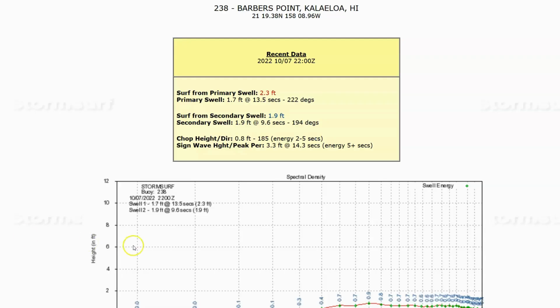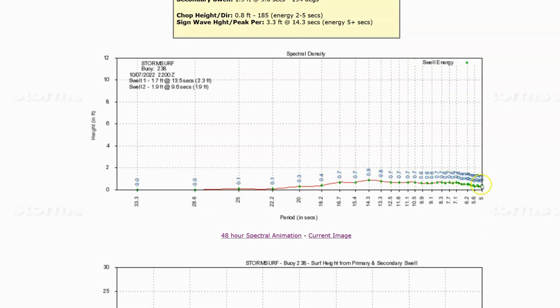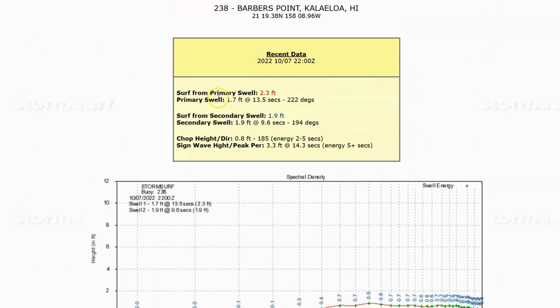Alright, let's get to work. We'll start by looking at wave heights on the South Shore, Barbers Point Buoy. Pure swell, you can see energy spread across a wide range from 5-second period, that's like pure wind chop, the whole way up to nearly 22 seconds, impending building new swell, and a whole bunch of energy in between. You take all that energy, mash it together, primary swell comes out to be about 1.7 feet at 13.5